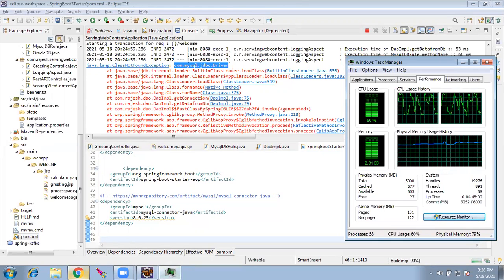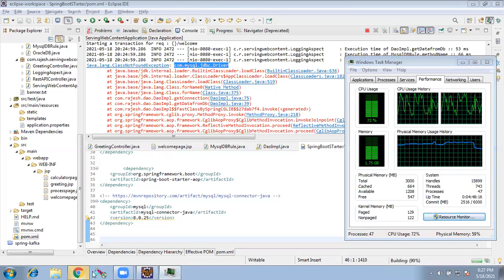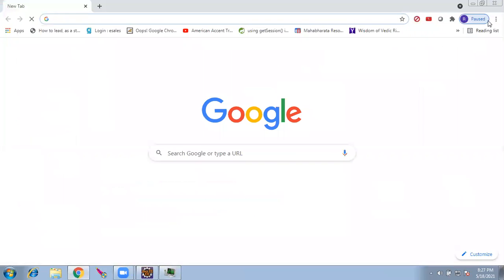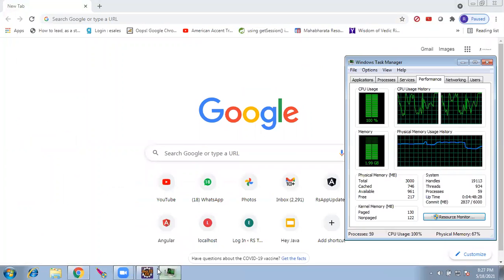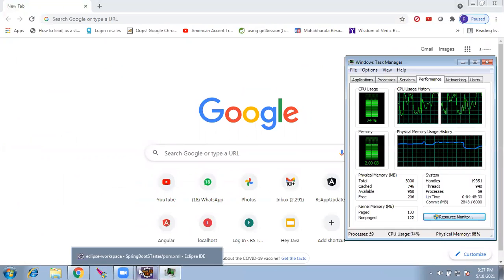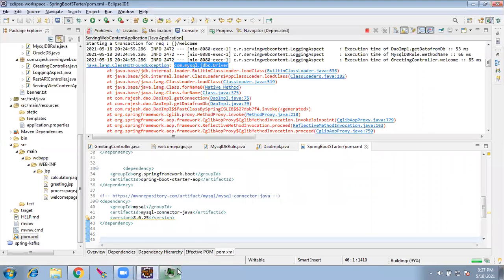Let me close the Chrome. See, after I close the Chrome, the memory came down. Slow. Anyways. Okay, so it is still building. Building 95%.